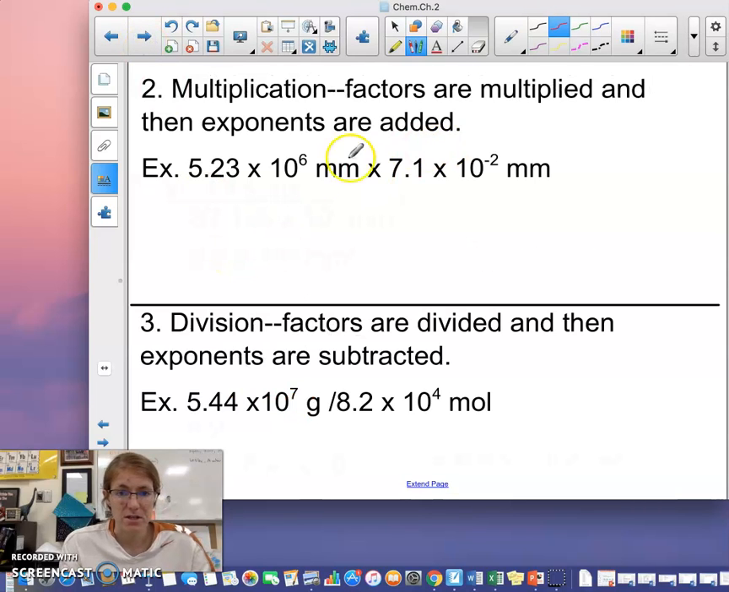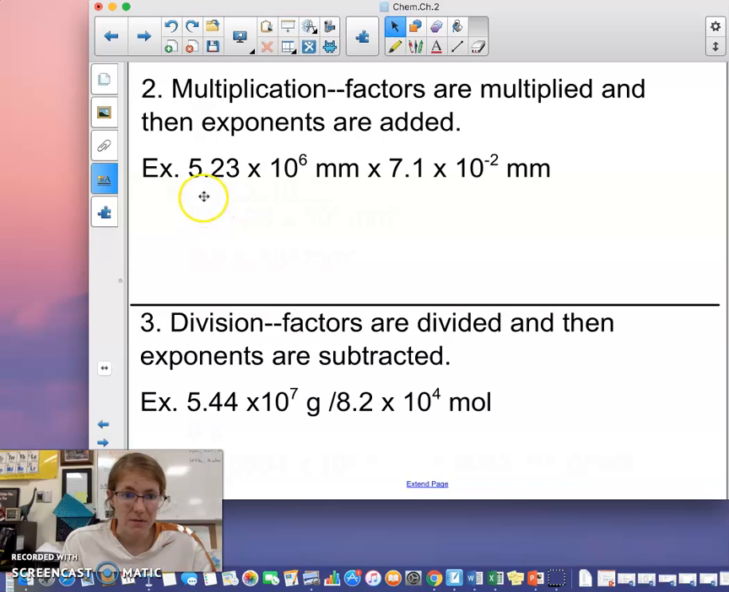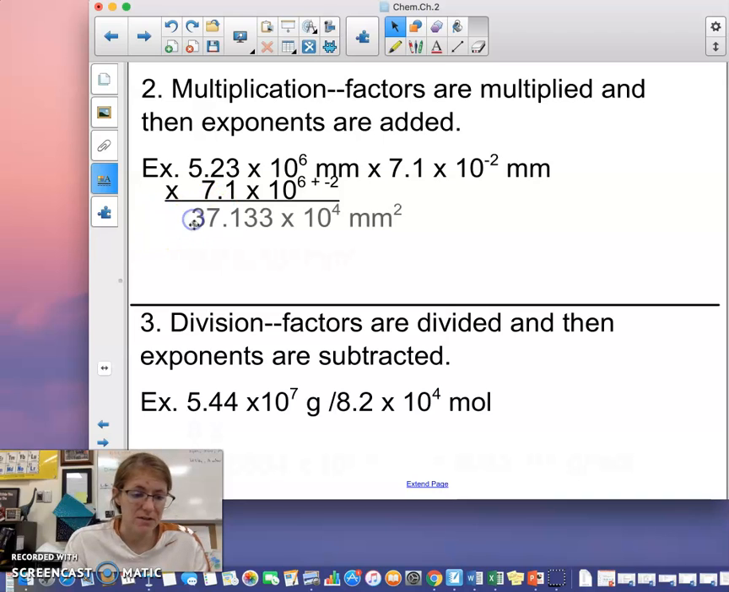Multiplication with scientific notation. What you want to do is multiply the factors. The factors are the numbers in the front of the exponents. And then you add your exponents. So when I set this up, I'm going to multiply 5.23 times 7.1, okay? But then I'm going to add the exponents. So I'm going to go 6 plus a minus 2, as you can see here, 6 plus a minus 2. So 5.23 times 7.1, I get 37.133 times 10 to the, and then 6 plus a negative 2 is 4